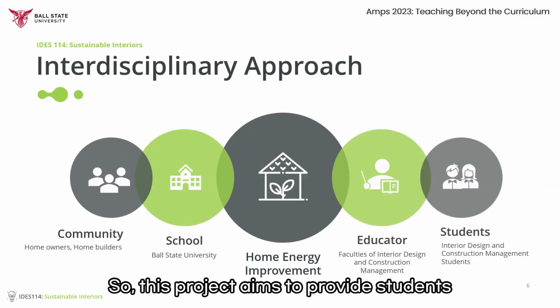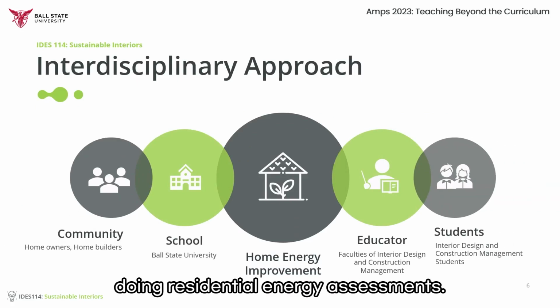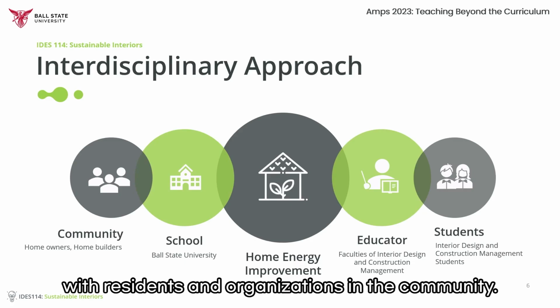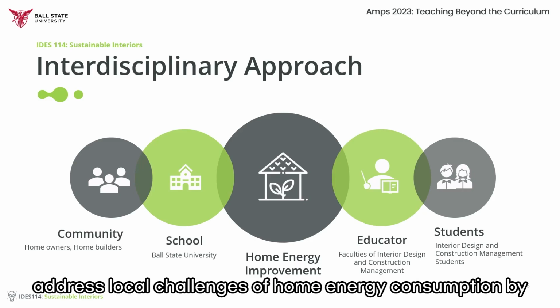So this project aims to provide students with a real-world experience doing residential energy assessments. So this is also an educational outreach program where Ball State students will collaborate with residents and organizations in the community. In this project, Ball State students and community partner, Los Community Center, address local challenges of home energy consumption by